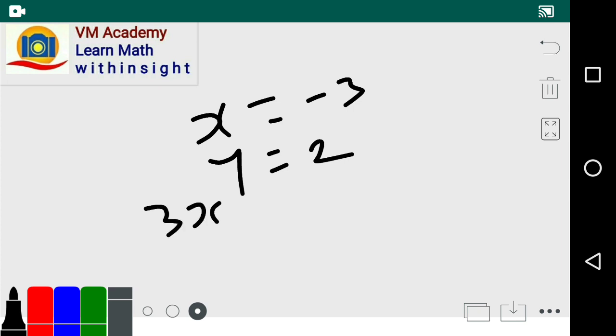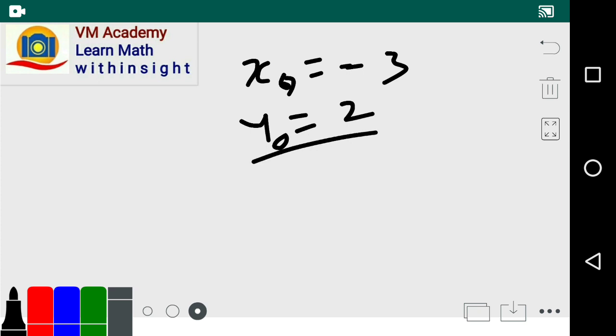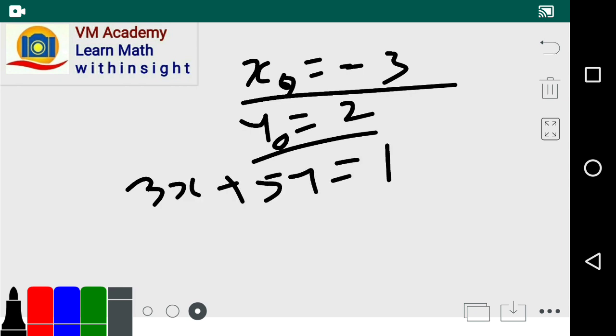So let us call the initial solution x naught and y naught. y naught equals 2 and x naught equals minus 3. These are the initial solution. Then the other solutions of 3x plus 5y equals 1 we can easily calculate. So what are the other solutions? For the other solution, x dash in terms of this initial solution is x naught plus